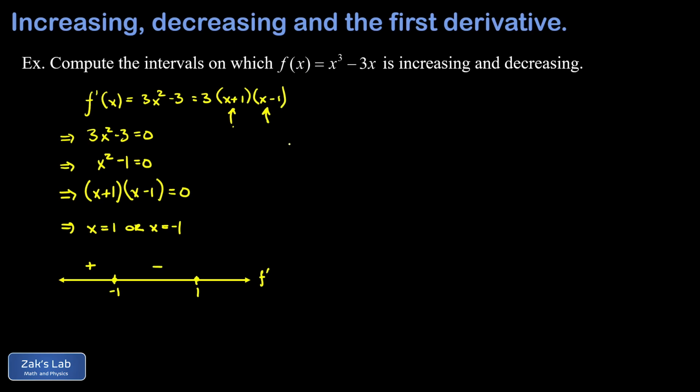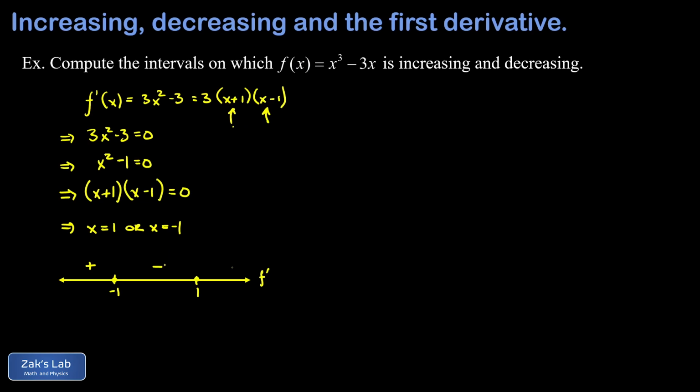Now I do want to point out that it's really common to teach students to just sub in a specific test point. That is an alternative way to approach the problem. So you could just take a test point on this interval -1 to 1 and sub it into this formula and see whether or not f prime is positive or negative. So the most common choice of test point there would be 0. If I sub in x equals 0, I get 3 times 1 times -1, which is negative, and it agrees